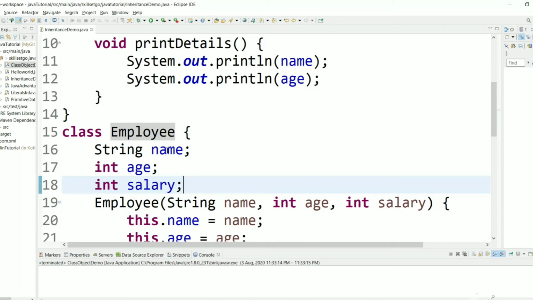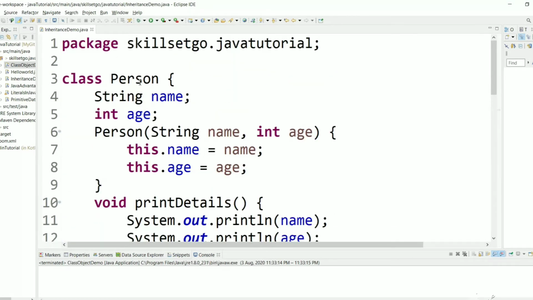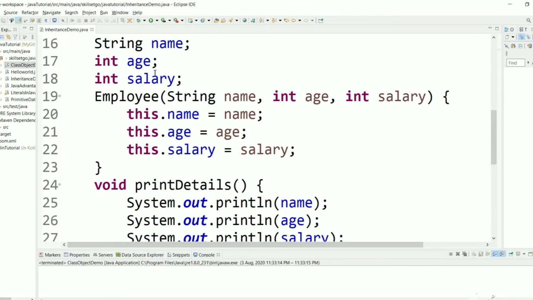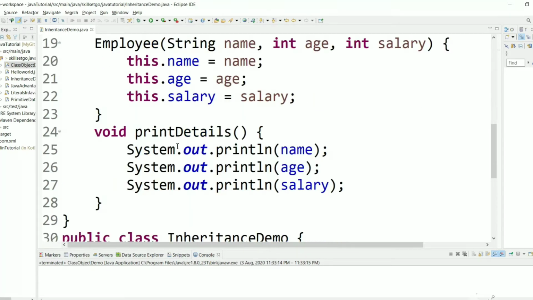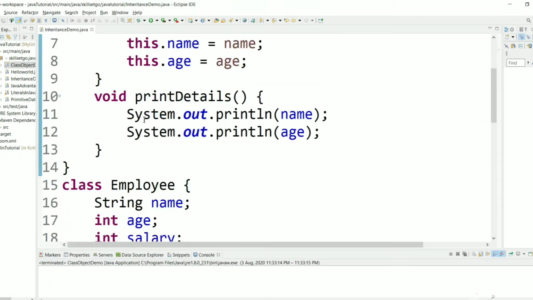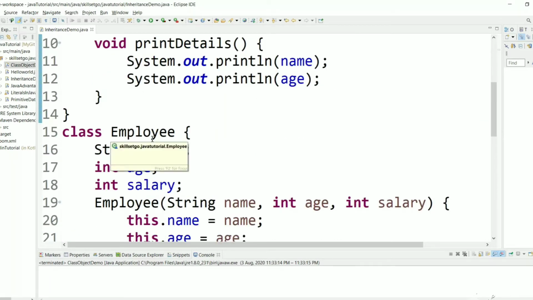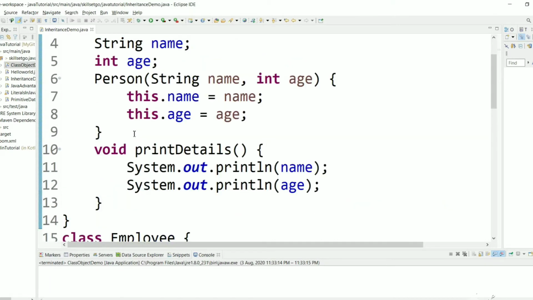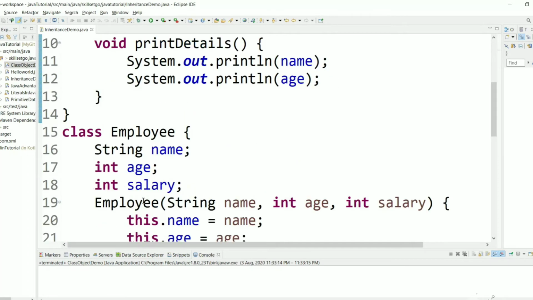So you can understand we can reuse the name, age code from the Person class. Instead of creating the fields name, age again in the constructor, we can have an inheritance relationship between these two classes. So how to extend or inherit the Person class in Employee?